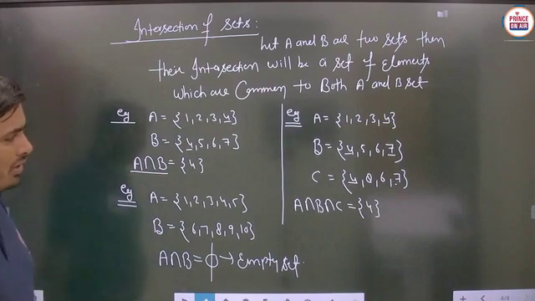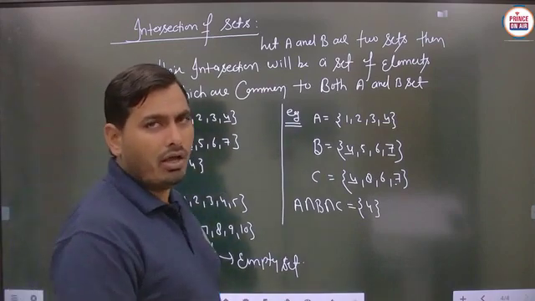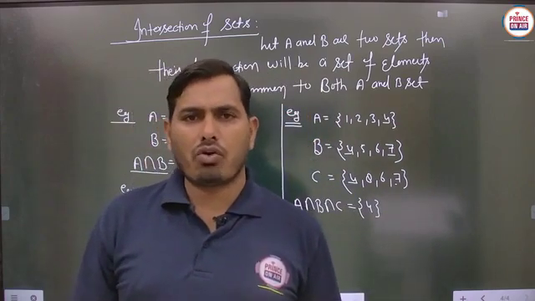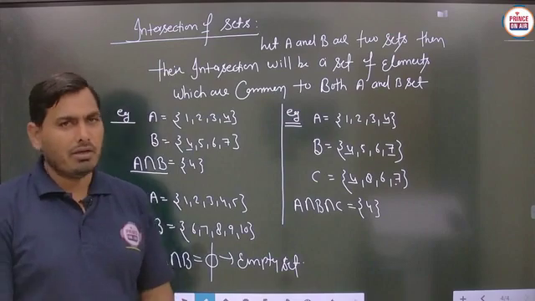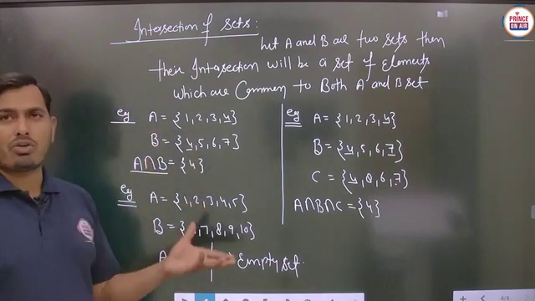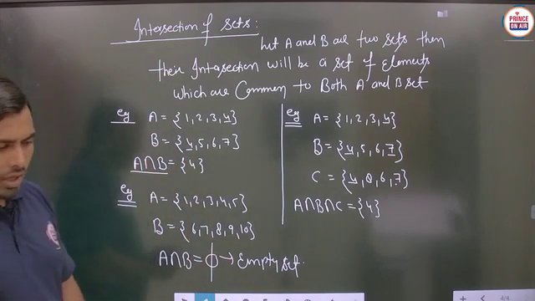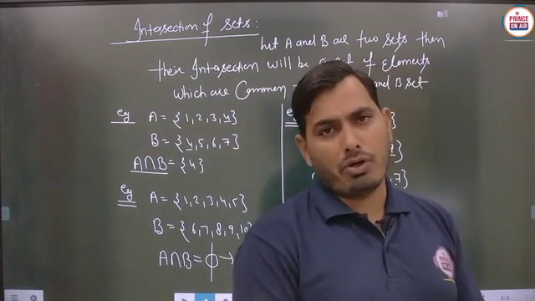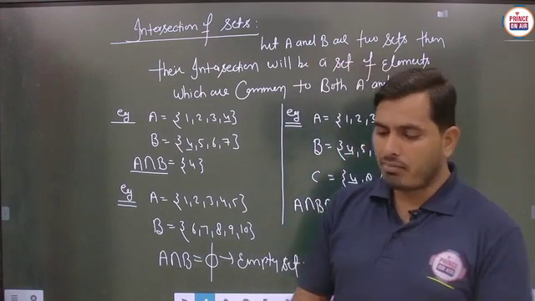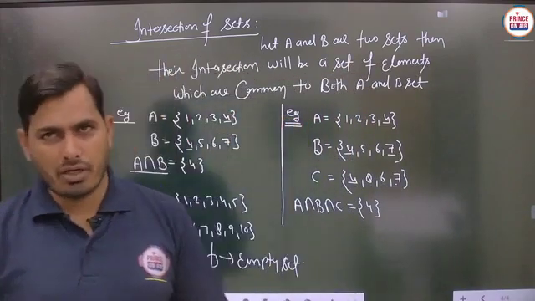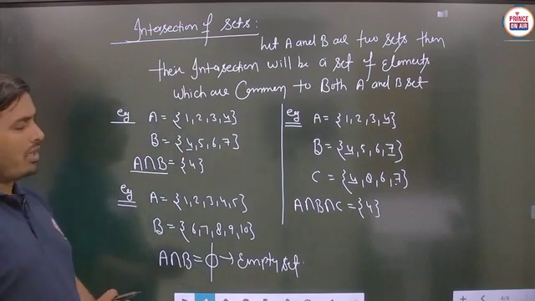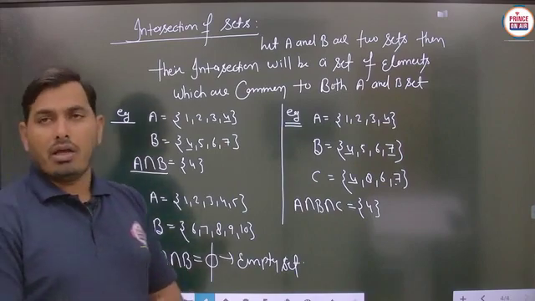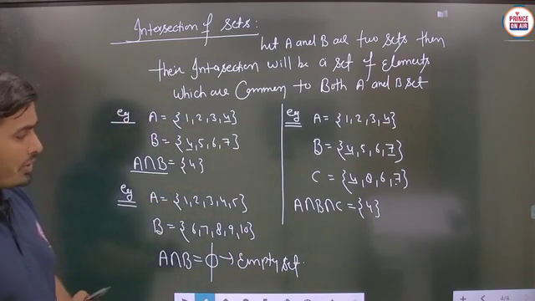So basically, student, the intersection operation will represent the common elements of the sets, and we have to write only the elements which are common to the given sets. Is it clear? So this is the basic operation of intersection between the two sets. Now we have to see the basic criteria related to the intersection of sets, which includes the Venn diagram as well as some basic properties of the intersection. So student, pause the video to note these things down, then after that we will start the Venn diagram of the intersection operation, as well as the basic properties of intersection operations. Is that clear?